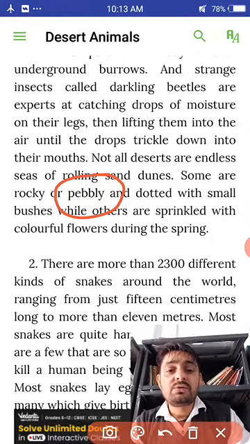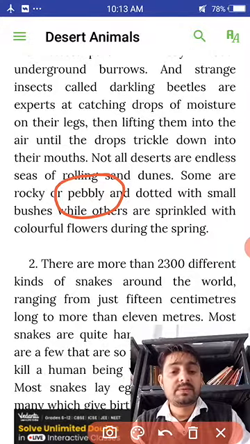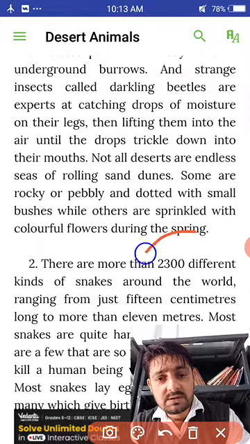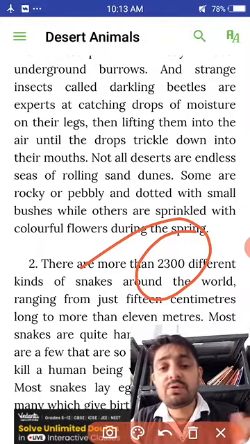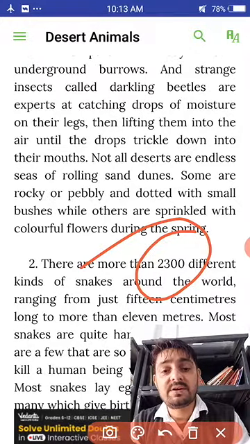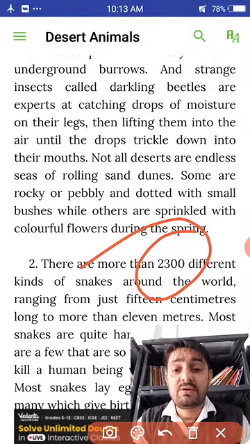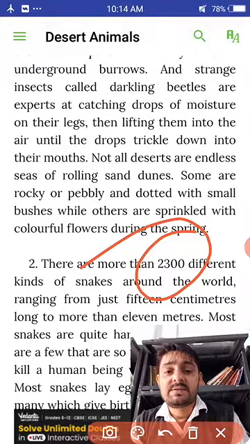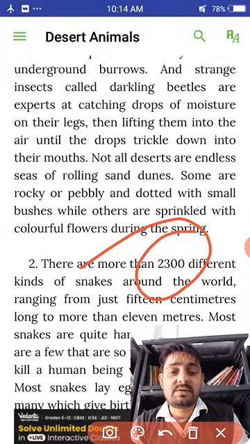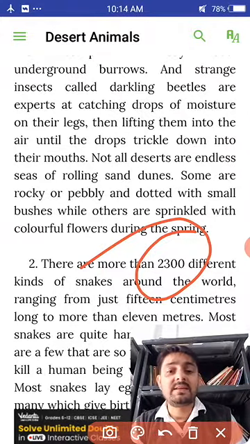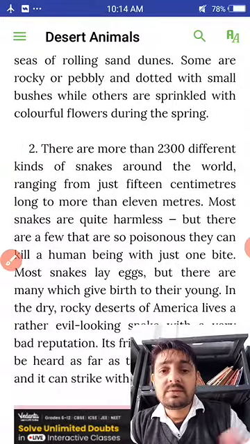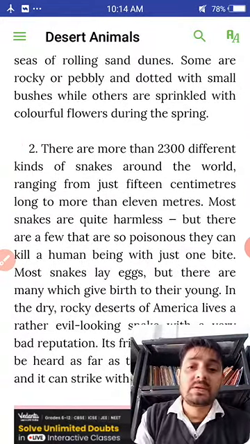There are more than 2300 different kinds of snakes around the world, ranging from just 15 centimeters long to more than 11 meters. We can find snakes that are 15 centimeters, and even 11 meters. Some snakes are quite harmless, but there are a few that are so poisonous